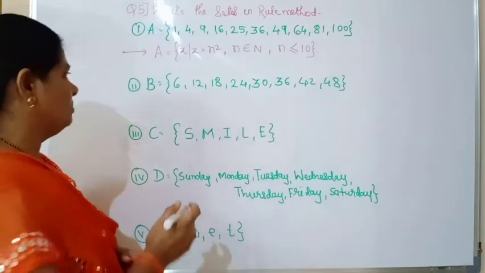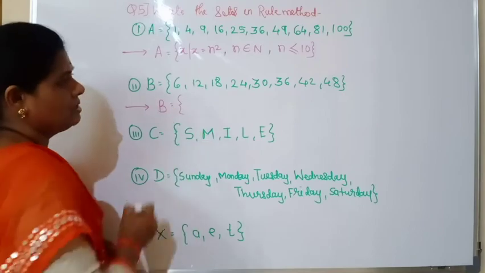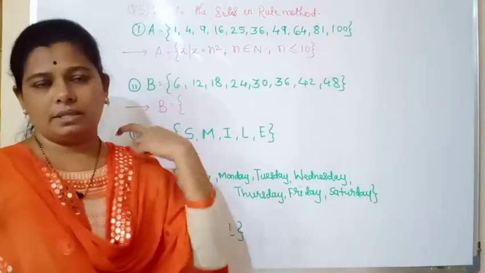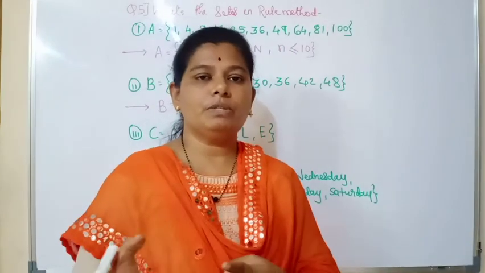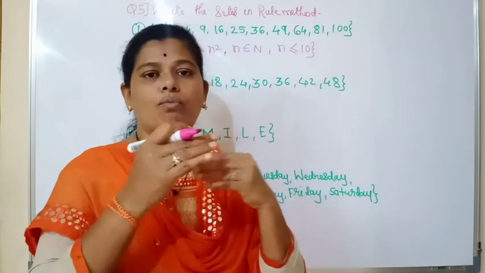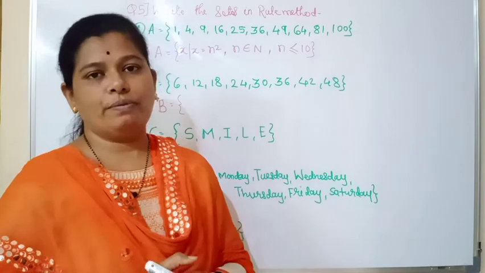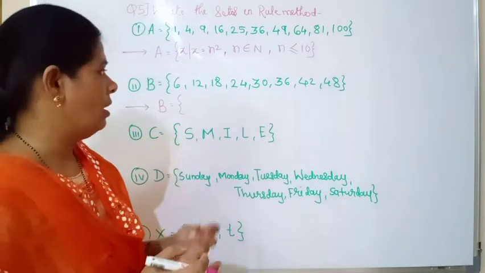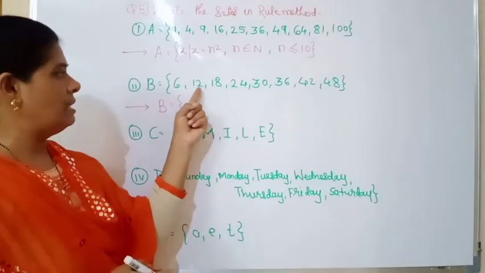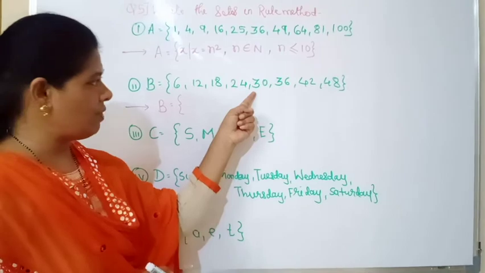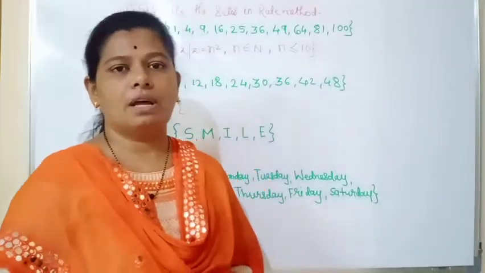Okay, now second one. Second one, that is the set B. How are the numbers? The first number is 6. Okay, so we have to think in a way that we will move towards the number 6. So now what is there related to the number 6? It may be a multiple of 6 or a table of 6. Okay, anyone. So you can see it is a table of 6, that is 6 1s are 6, 6 2s are 12, 6 3s are 18, 6 4s are 24, 6 5s are 30, 6 6s are 36, 6 7s are 42 and 6 8s are 48.